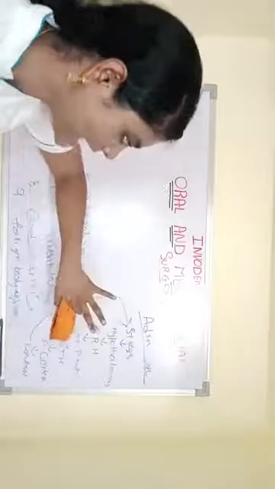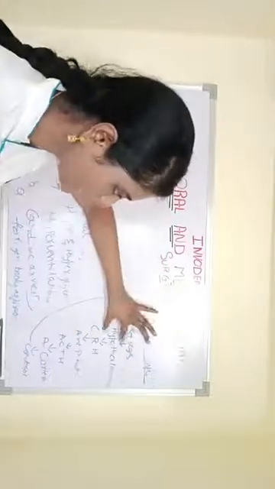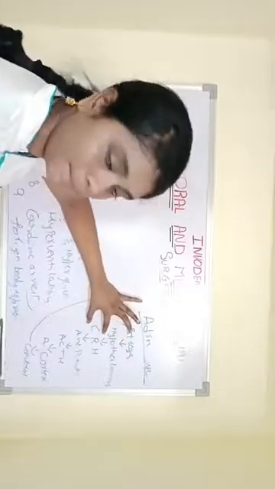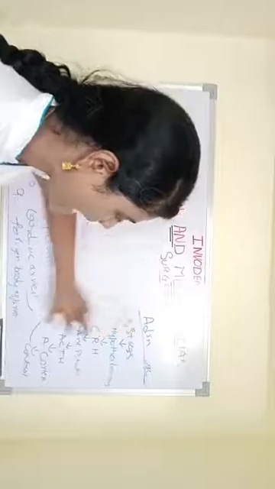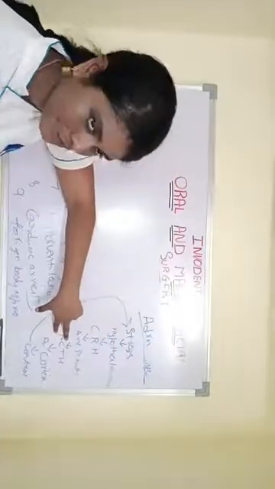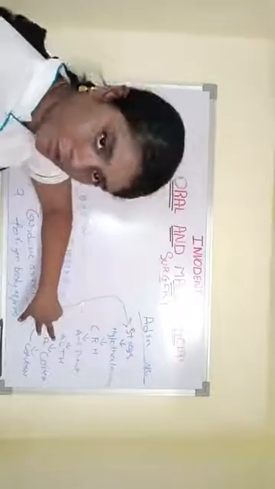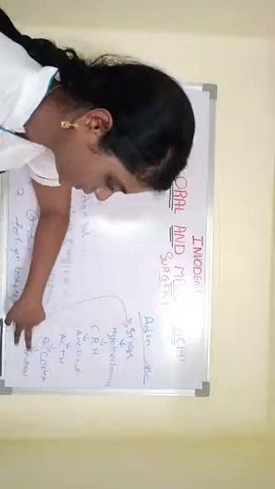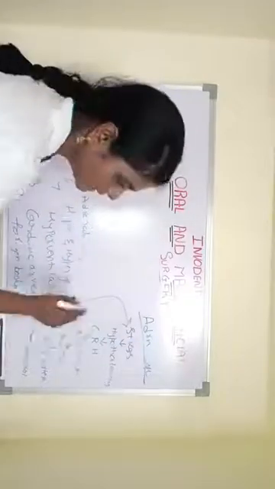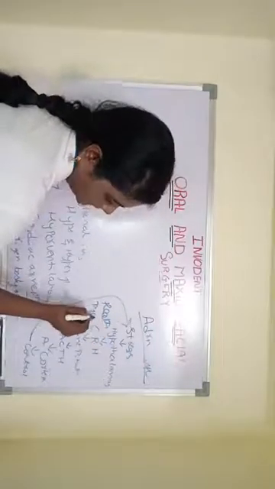This is what usually happens under stress in a healthy person. Stress will lead to activation of hypothalamus. Hypothalamus will secrete corticotropic releasing hormone. This will act on anterior pituitary. Anterior pituitary will release ACTH, adrenocorticotropic hormone. This ACTH will act on adrenal cortex. This adrenal cortex will release cortisol. This cortisol will reduce the stress. This happens in a healthy physiologic state.